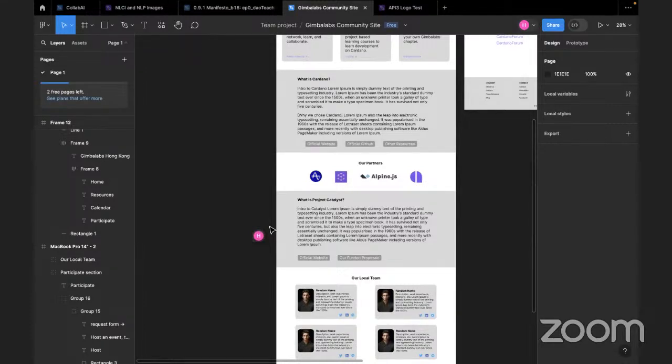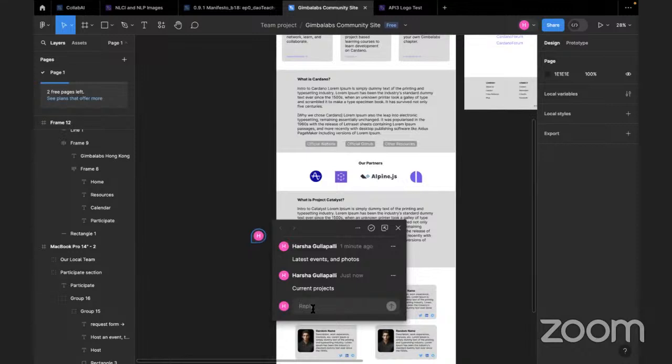The first layer is what Gimbalabs Hong Kong is currently up to. For example, we are planning a developer series. This is a current active project that we'll put on here. Just this Gimbalabs local community as a subject was an active project.